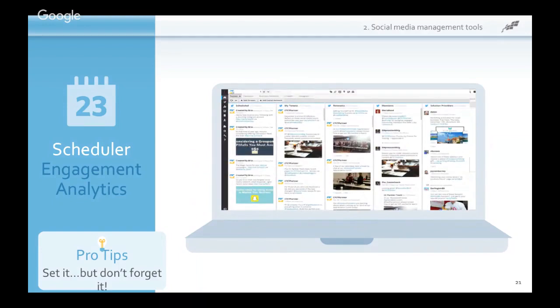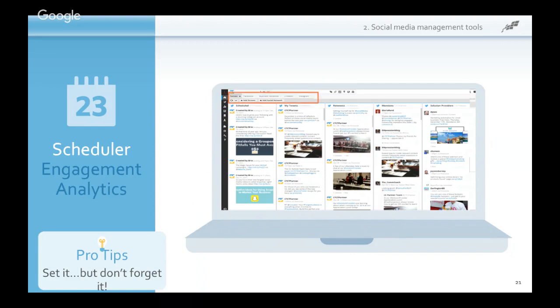So if you're browsing, each one of these lines that you see inside of here is a search inside of Twitter. So one line is retweets, one line is your tweets, one line is searches for specific things. Like in our Hootsuite, we have a search for the BizzyWebinar hashtag, and that's how we're keeping track of these outside. Note that many of the social networks have come out with aggregation tools and scheduling tools on their own, but Hootsuite is one of the granddaddies in this, and they're still doing a really good job.